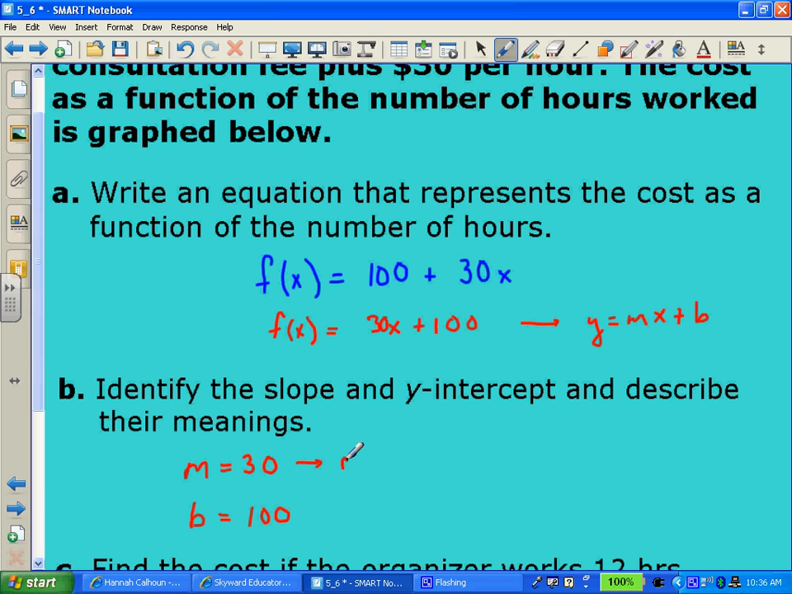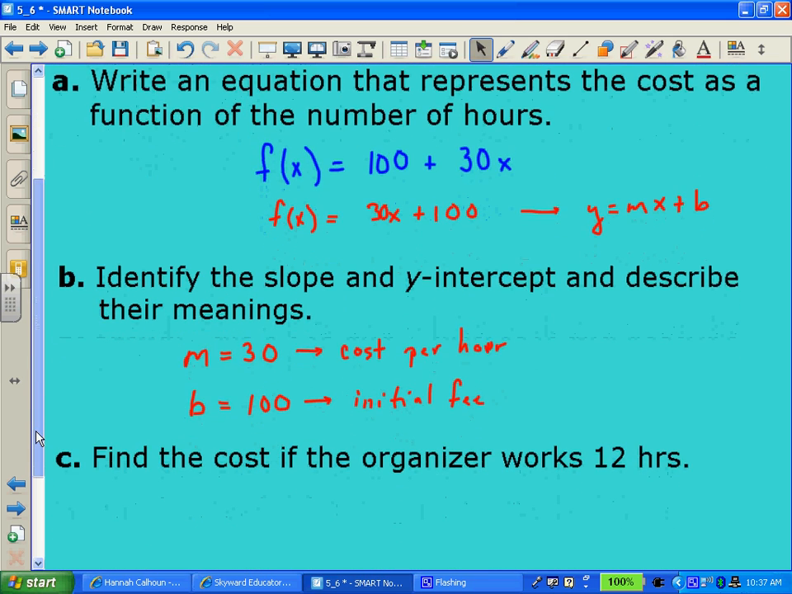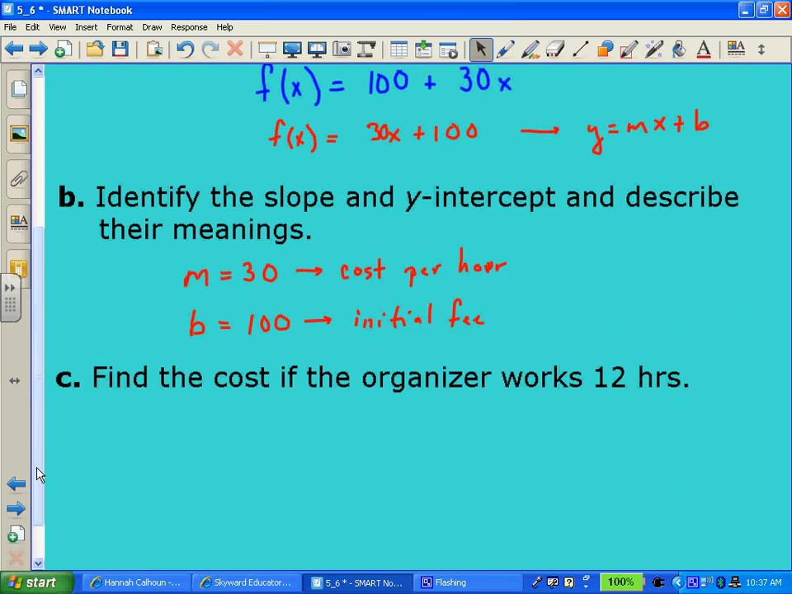And what do they mean? Well, 30 in this problem is cost per hour. And 100 in this problem is the initial fee. So when it says identify their meanings, they're asking what do those numbers mean in the story problem that they gave you. And then finally, they will ask you